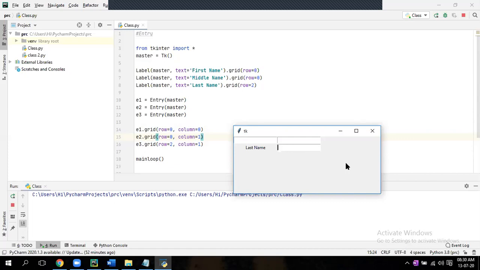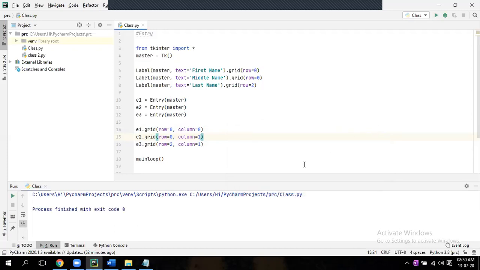Okay, you got it, right? Column means what? Row means what? So you want to change accordingly, which row, which column. That's it. Close it. Just play around with this, nothing logical. Just change some properties and see what is coming. So this is nothing but your entry.